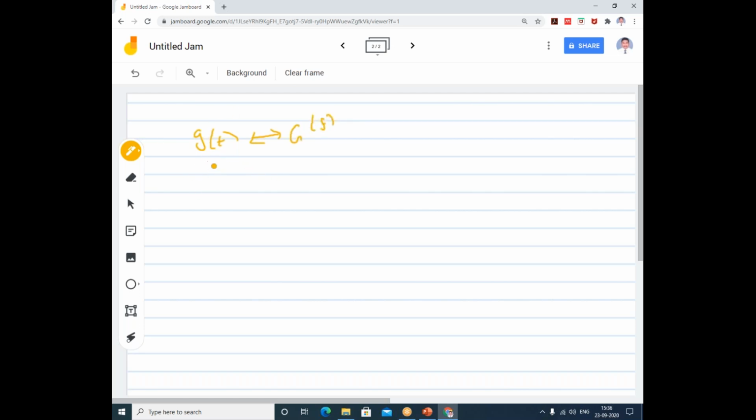But in the duality principle, what are we doing? Capital g of t equal to the Fourier transform of capital G of t is g of minus f. That means what will happen, please try to understand. The term f here is replaced, and this is what we get. The term t here is replaced and this comes. So please try to understand, observe very carefully.